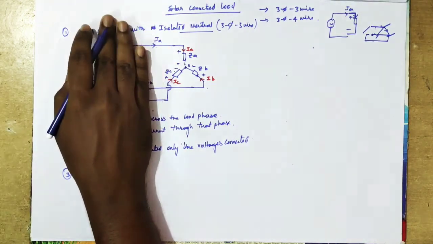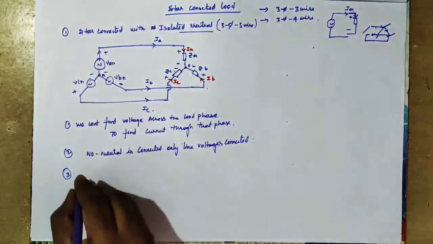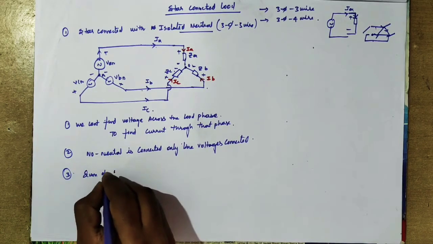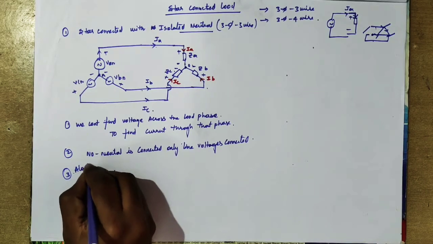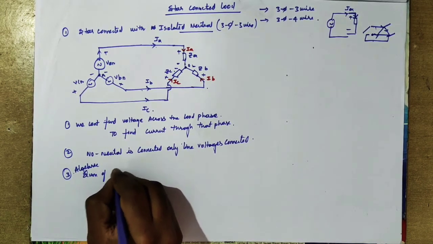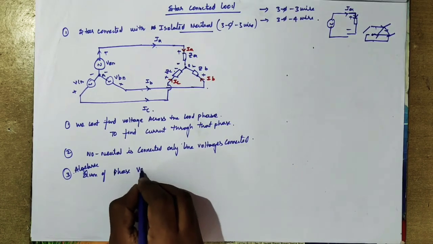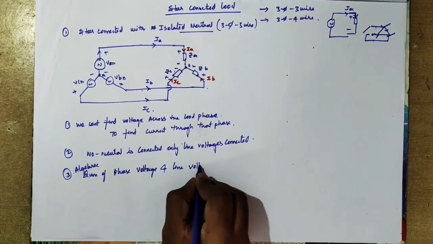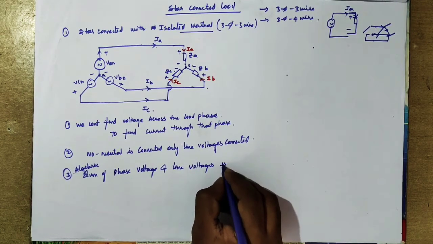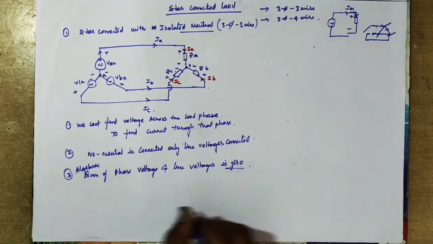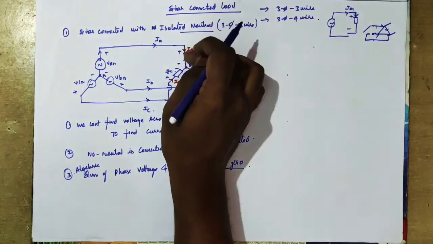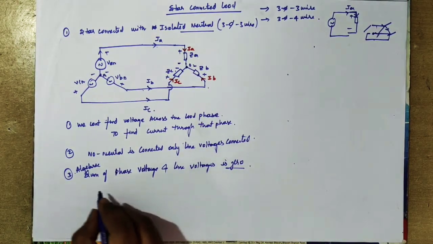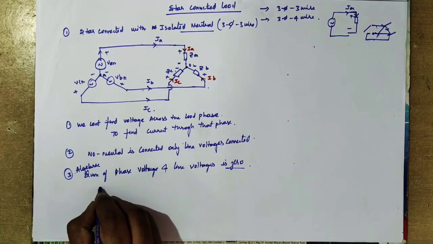Therefore, the algebraic sum of the phase voltages and the line voltages is 0. But the algebraic sum of the line currents may or may not be equal to 0. So the main point is,